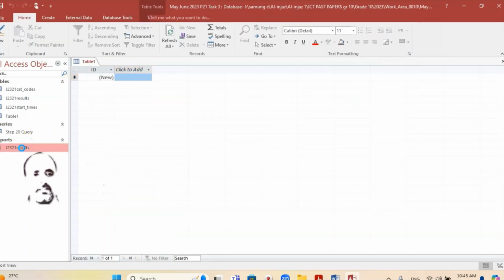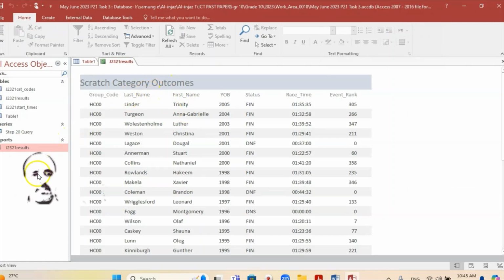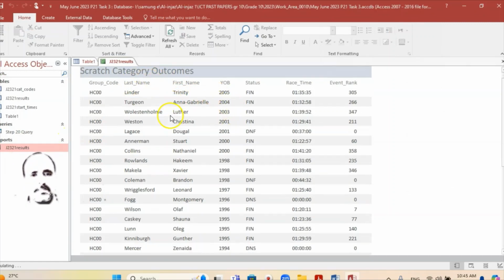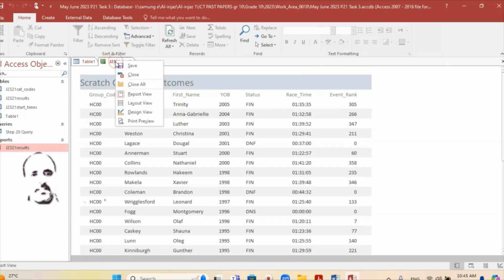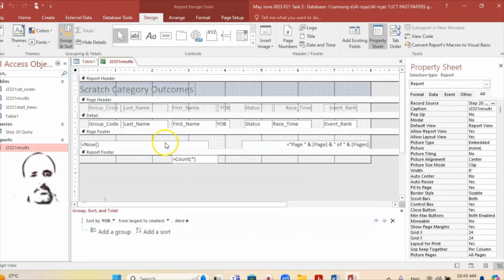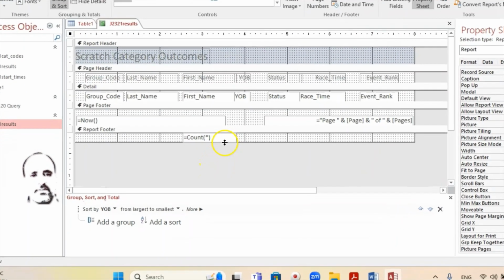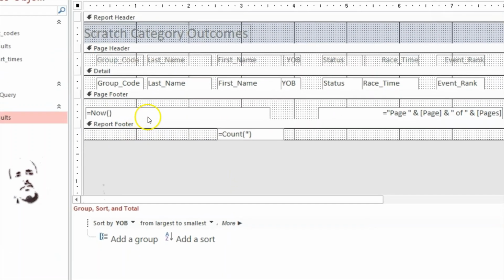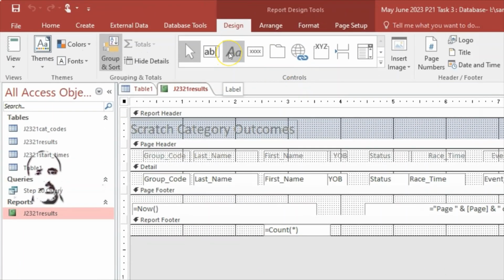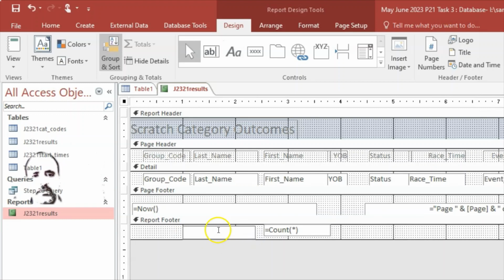This is the report again. So I'm going to right click here and go to the design view. Once I'm in the design view, you can do it over here also. There's the label. You can put it over here. There you go. What you need over here,